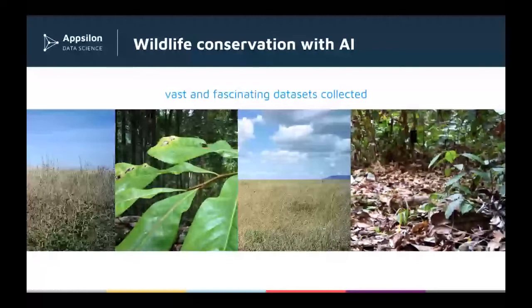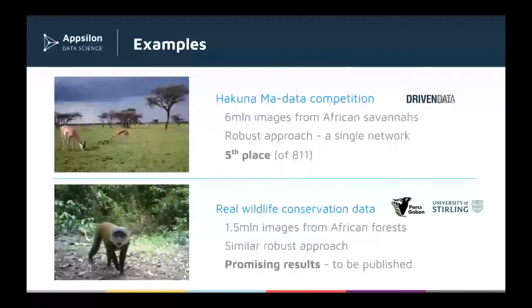So artificial intelligence or computer vision could vastly improve the workflow of conservationists if we can build models that can successfully identify animals in those images. And I want to show you 2 examples of cases where we have achieved that. So the first one comes from Hakuna Matata competition, which was organized earlier this year by Driven Data. And in this competition,